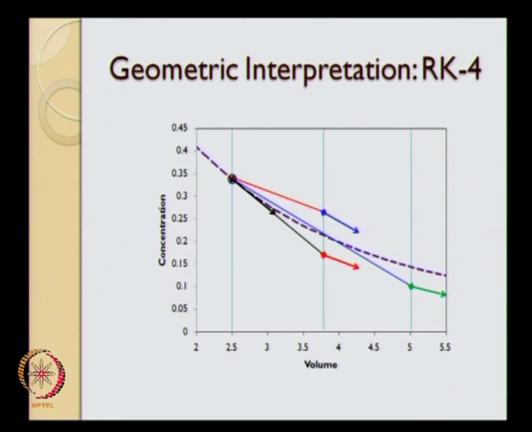Then we took up the geometric interpretation of 4th order Runge-Kutta method. The classical 4th order Runge-Kutta method uses slope at Vi, then slope at Vi plus half, then slope at Vi plus half again, using the improved value, and then the slope at Vi plus 1. So we had those 4 slopes, this black line, red line, blue line and this green line, and the final slope was nothing but the weighted average of all these 4 lines. Okay, that was RK4.